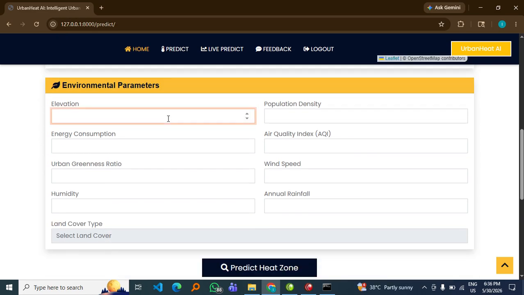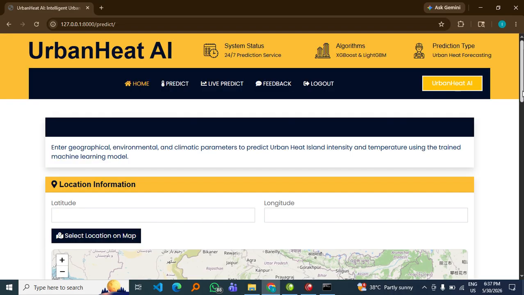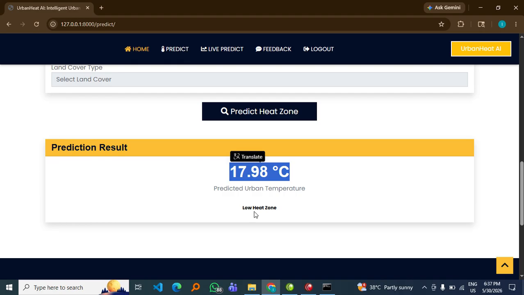And we should enter environmental parameters, and we can predict the temperature based on the parameters,